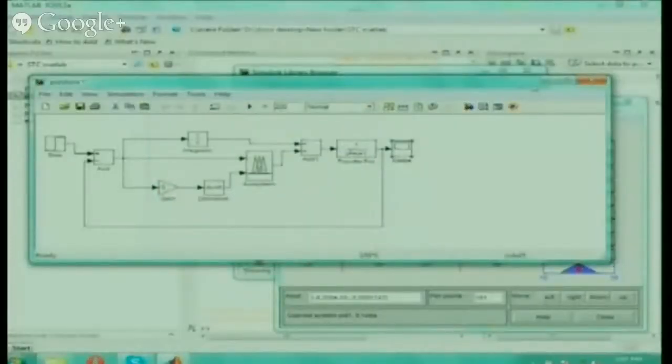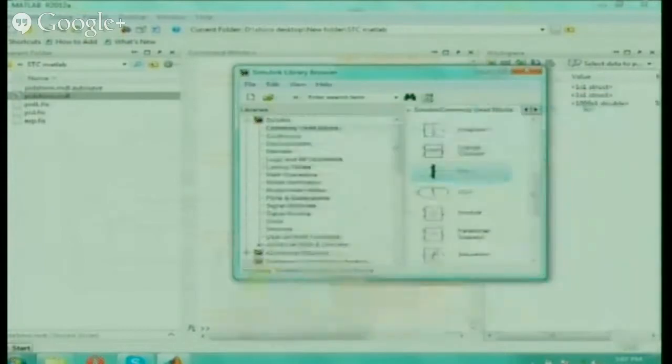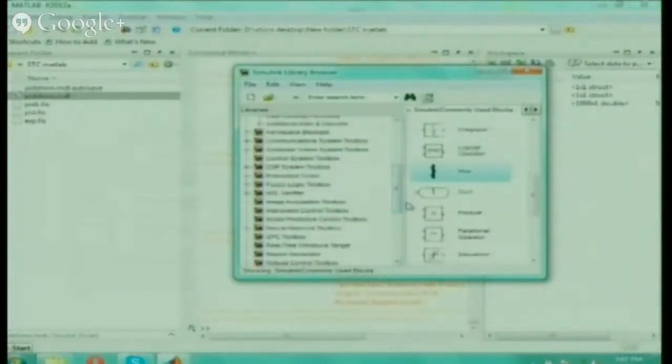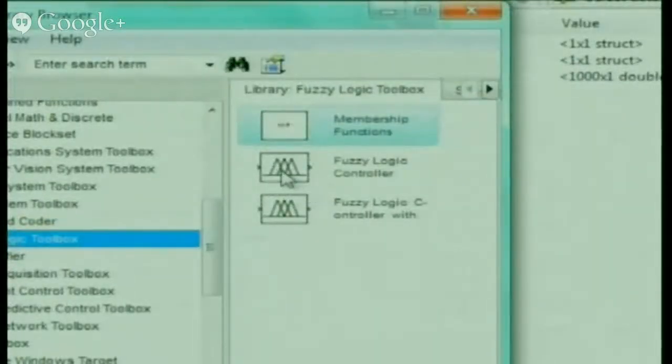Very simple. Make the FIS, go to the Simulink blocks. In the Simulink block, whatever block you have, you keep it as such, like whatever plant, feedback, everything you keep it. Only thing is go to the library. Okay, after going to the library, what we did? Here, this was the library. I went to the fuzzy toolbox. Fuzzy toolbox, you have these controllers. You have to just click this, drop it there. Depending on the input, you just change your system and connect it, the overall system, like the plant, the control, you run, you will get the answer. Okay, so is it clear now, fuzzy logic? All of you got it?